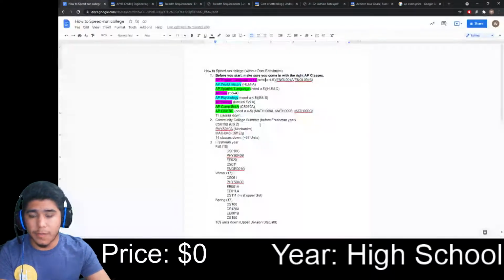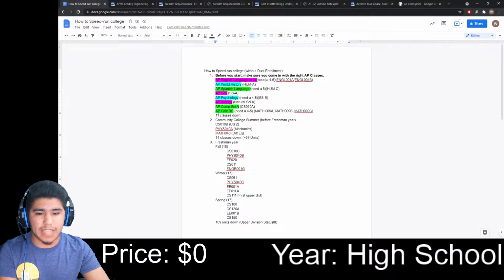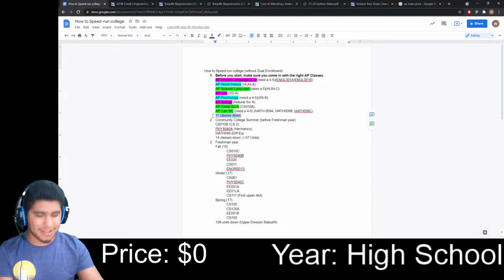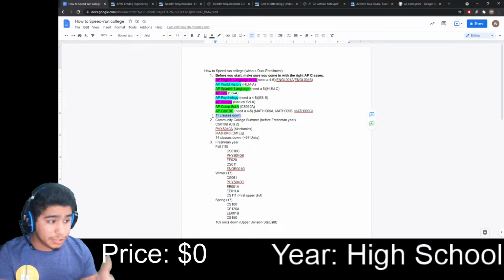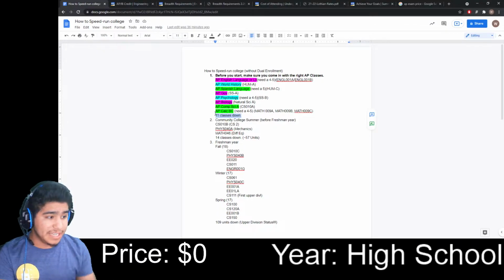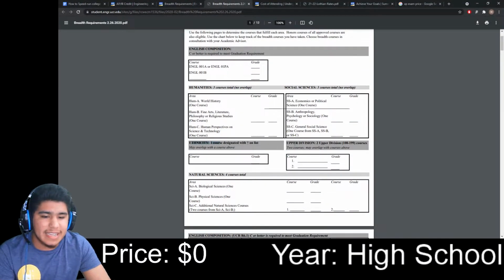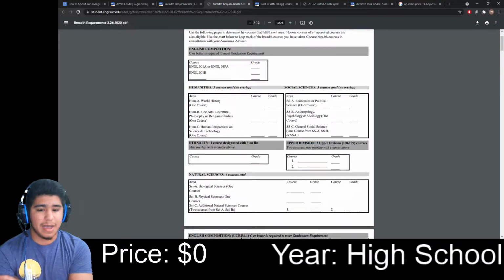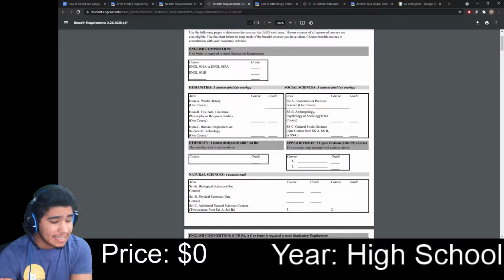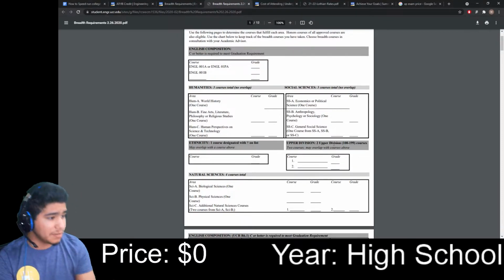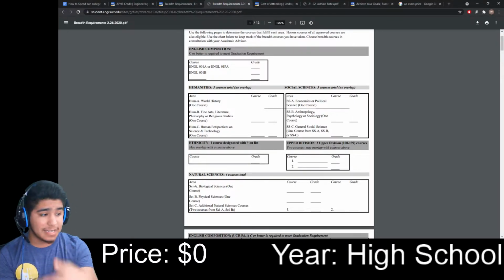So, the way I chose the AP classes here, you come into college with 11 classes down. However, you could do 13 and get all your GE done. However, the problem with that is that now you still have to take an ethnicity and upper division. You still have to do that. And they don't offer that in AP. So, for efficiency, instead of wasting an extra $200 in high school for classes that you still need to take anyway,